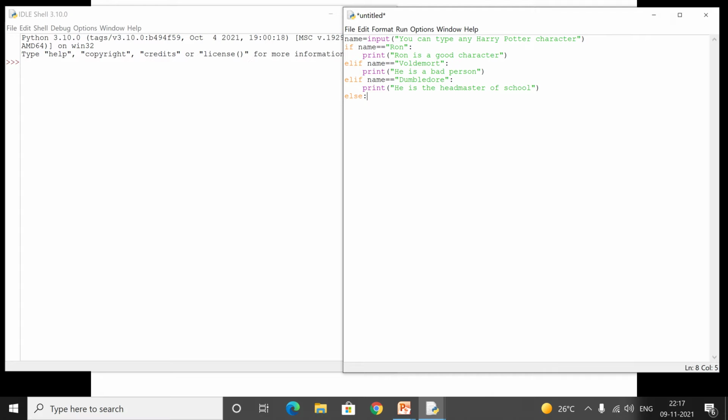Else. Then enter. Now in print, now I will write you are not in this code. Enter. Now for running this we have to go on this run button and click on this run